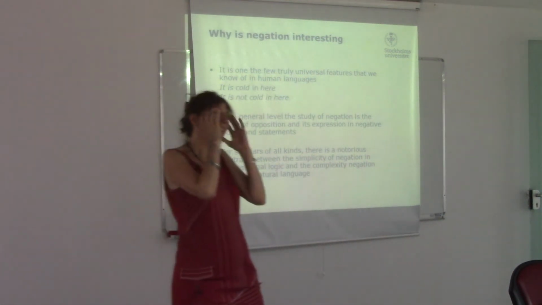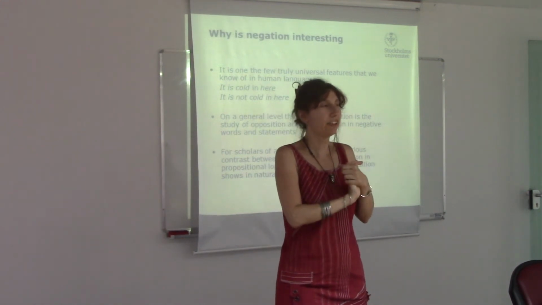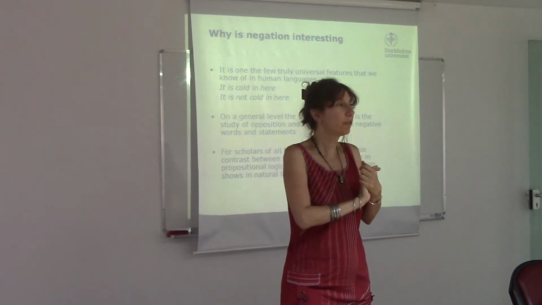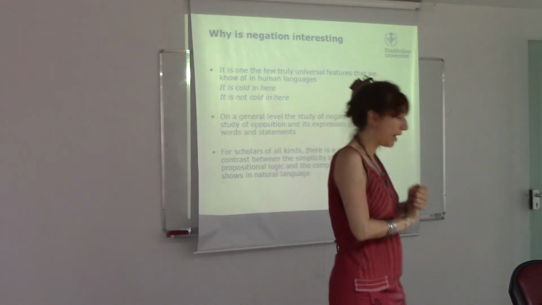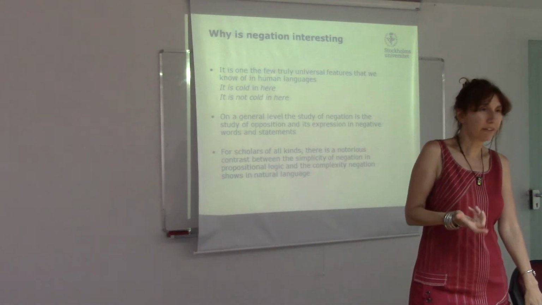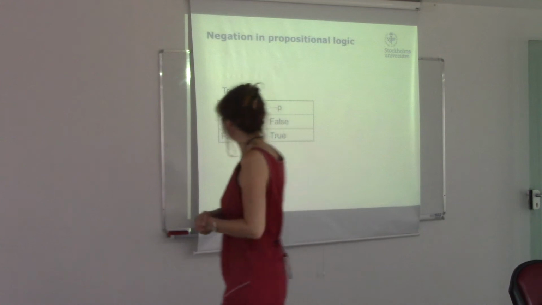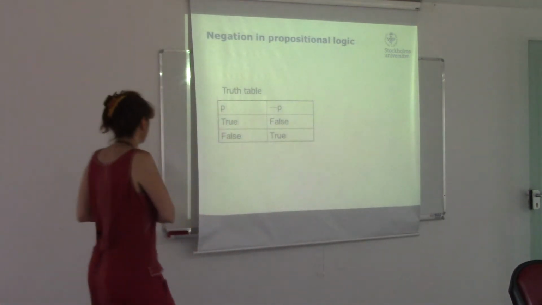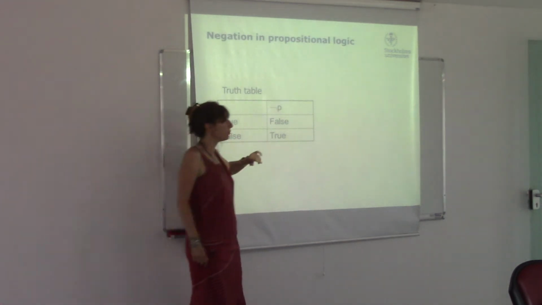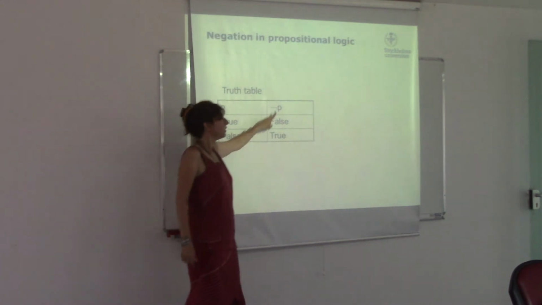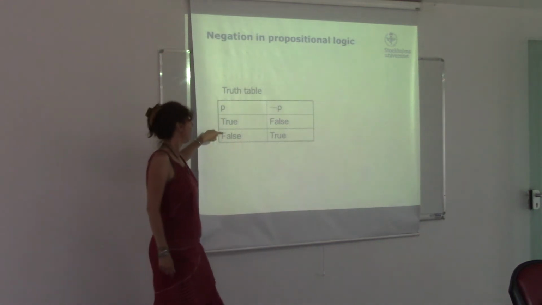So there is a discrepancy between what logicians see as negation, and they get very disappointed, in fact baffled, when they're confronted with natural language material. Why? Well, negation is an operator in formal semantics and formal logic, so you get a truth table, which is usually expressed if you have a statement P that can be true or false, and the negative operator not P. So if P is true, not P will be false, and the opposite,